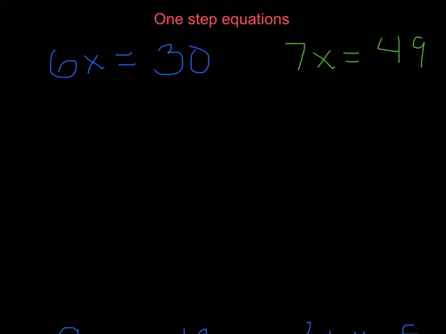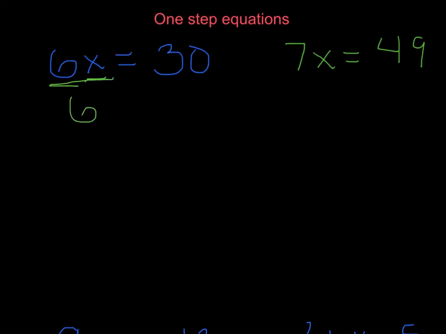So with one-step equations, we're trying to get the variable, which is the letter, isolated or by itself. At this moment in time, we have a number 6 next to it. In order for us to get rid of it, we need to do the opposite. Okay, well, what is the opposite? When a number is next to a letter, that means that we have multiplication. So the opposite of multiplication is